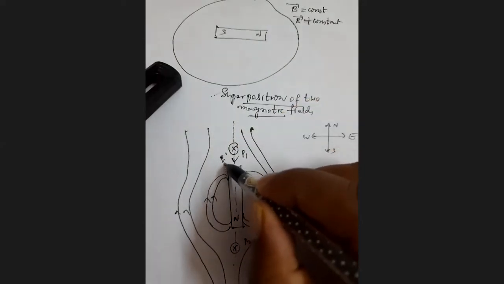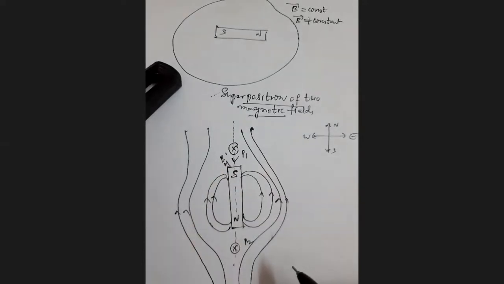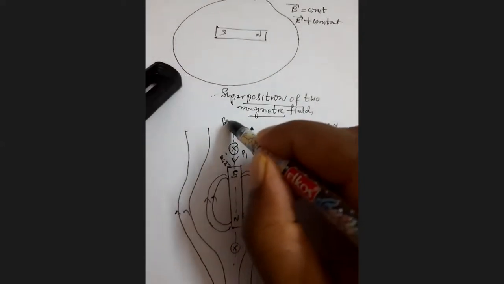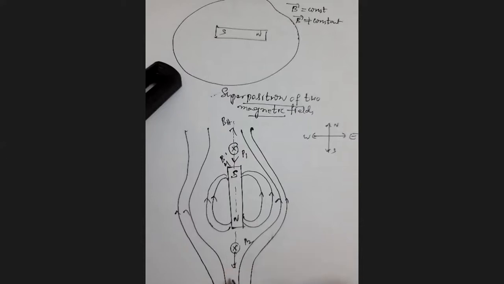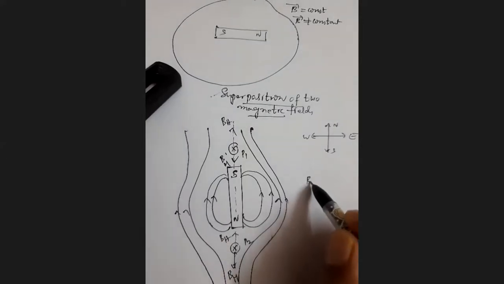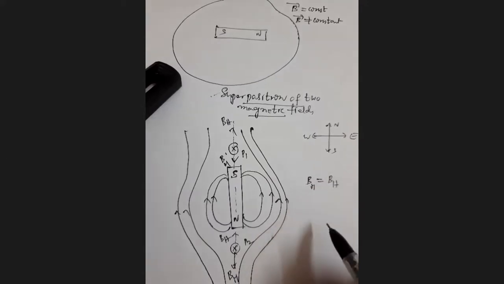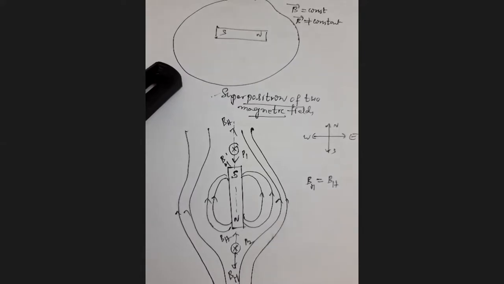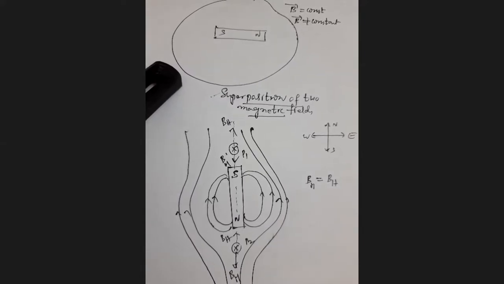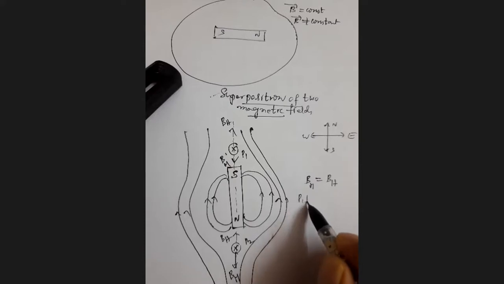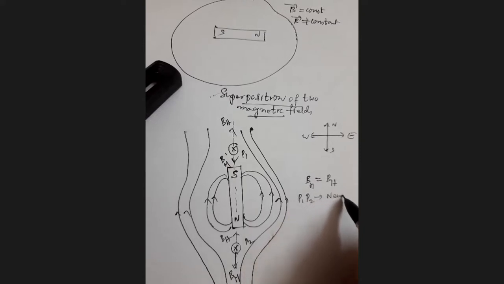So this is the field due to the magnet. But the horizontal component of Earth's magnetic field acts from geographical south to north. This is in the upward direction. Here also, the magnetic field due to the magnet is in the downward direction, and BH is in the upward direction. So here, the magnetic field due to the magnet is equal to the horizontal component of Earth's magnetic field. Since they are acting in opposite direction and equal in magnitude, the resultant field strength becomes zero at these 2 points. So these 2 points P1, P2 are called neutral points.